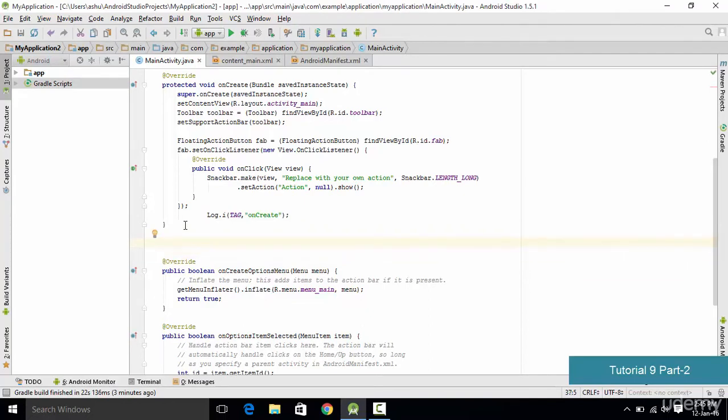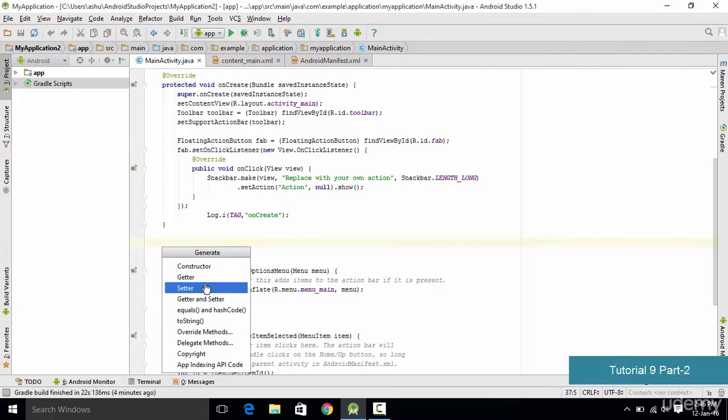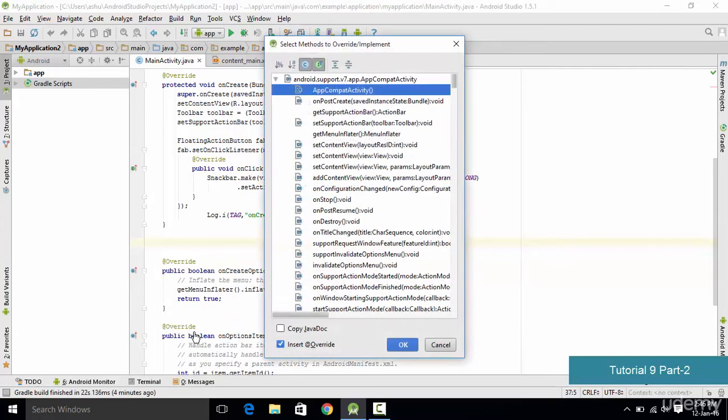In order to use code completion, you simply click on the place where you want to insert your code, hold the Alt key on your keyboard and simply press Insert. Once you do that, you are going to get a set of options which will paste some code depending upon your selection. In this case we want to include the override methods, so we select the option for override methods, and it is going to give us a lot of options. Inside it we want to select the onStart method.